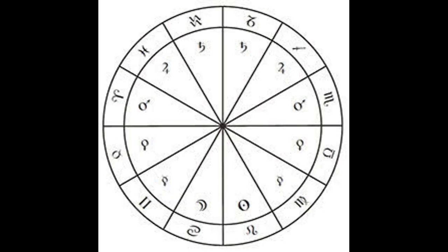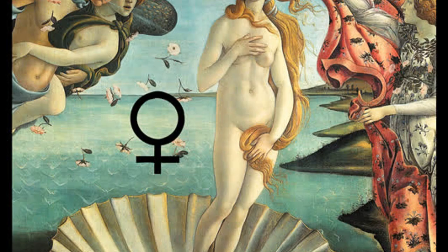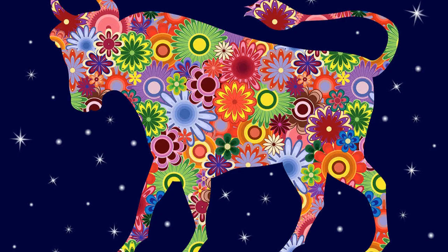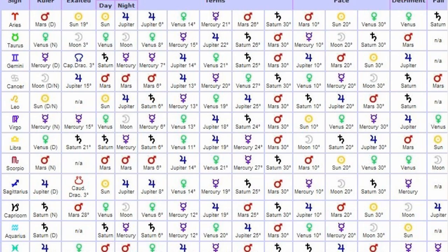Domicile is one of the 5 dignities of a planet. I'll give you an example. Taurus is in domicile of Venus. It means also that it's ruled by Venus. Detriment: the sign opposes a planet in domicile. For example, Taurus is in detriment of Mars. Dignity: there are 5 dignities: domicile, exaltation, triplicity, bound, and phase or decan.